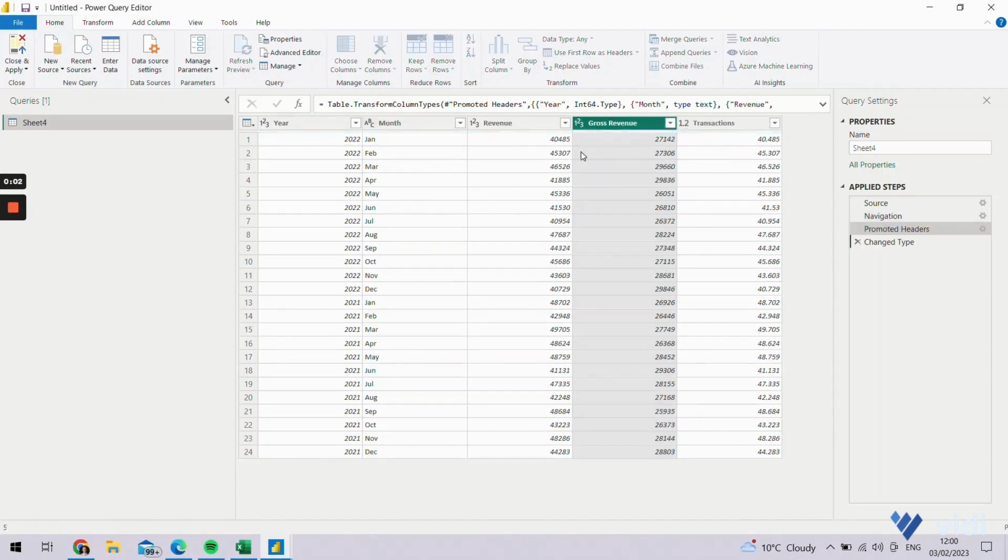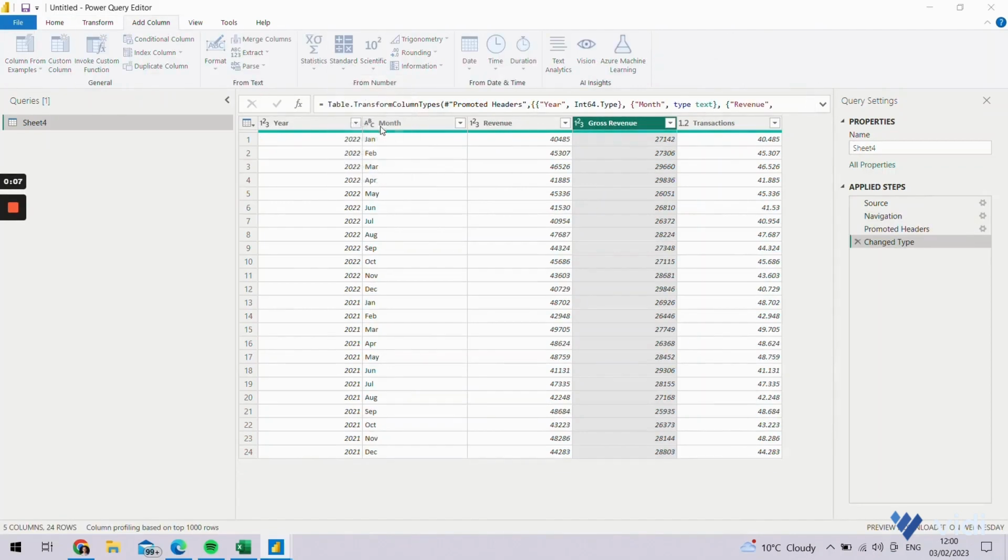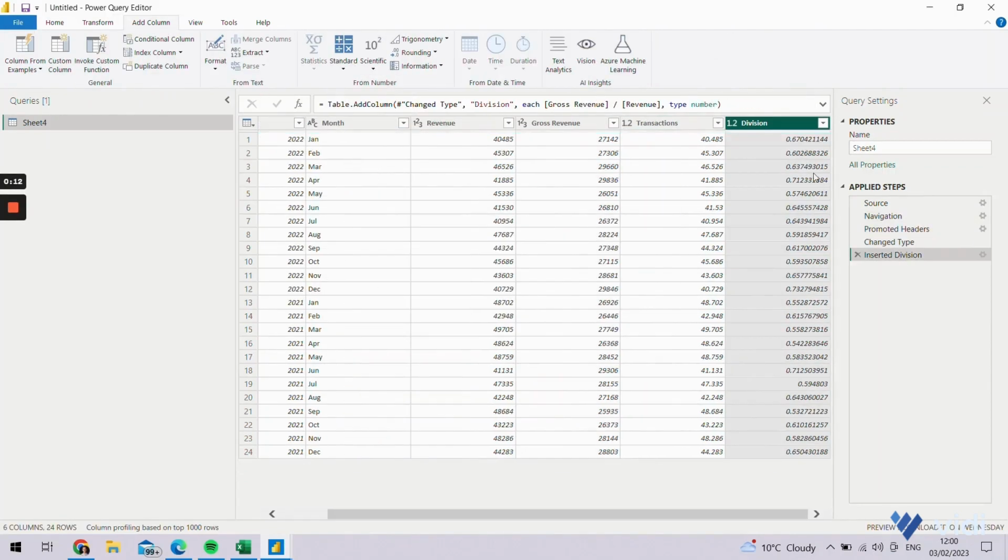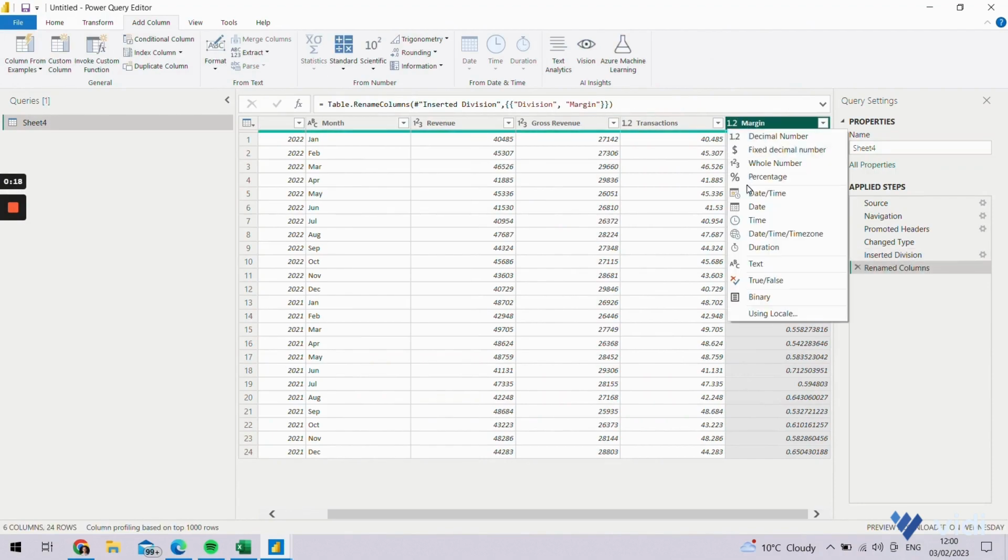After you extract the data using the Get Data menu, you will find yourself in Power Query. Power Query is a data transformation interface. This is where you can apply data transformation steps, and Power BI will remember them. This means that every time you refresh the data in your file, these steps will be applied automatically.